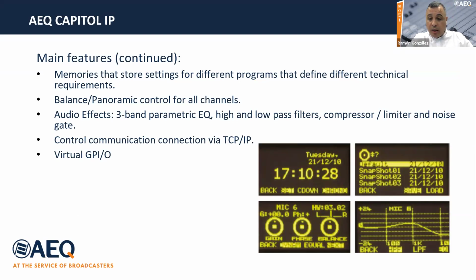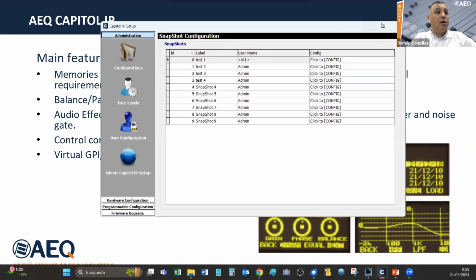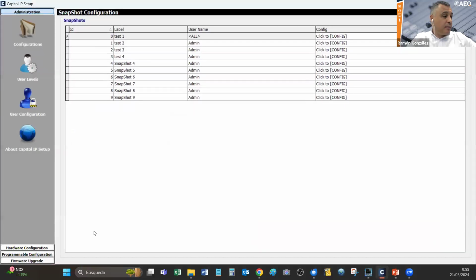So it's time to show you a quick review of the software that comes with Capital IP. First of all, I hope all of you are seeing the software well on the screen. This is the Capital IP setup. This is the configurator software. It comes with